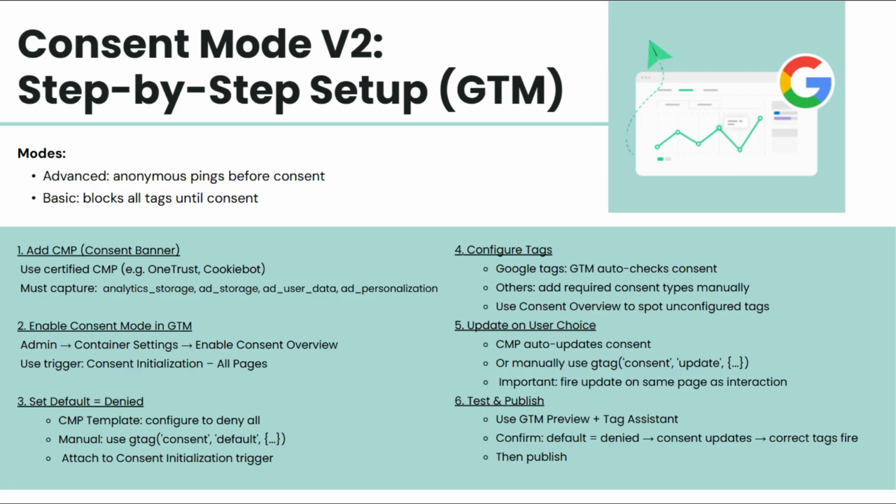Step 5. Update consent on user interaction. This part is usually handled by your CMP logic. When the user clicks accept or reject or makes granular choices, the CMP should trigger an update. In GTM, the CMP template tag often automatically calls something like gtag consent update analytics_storage: granted, ad_storage: granted,